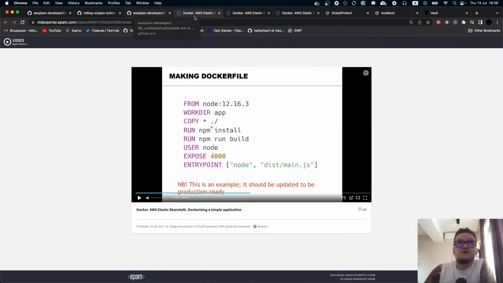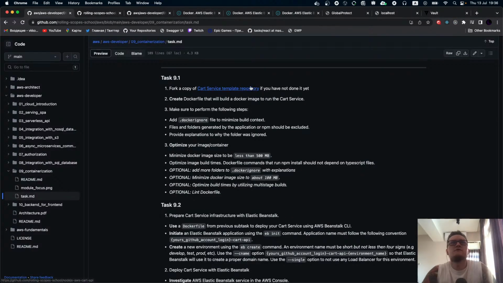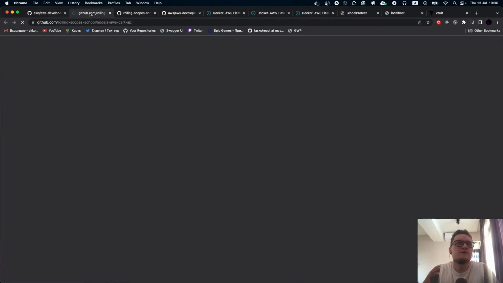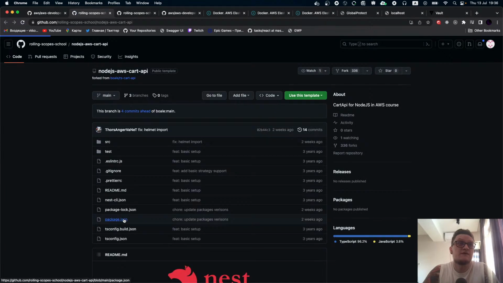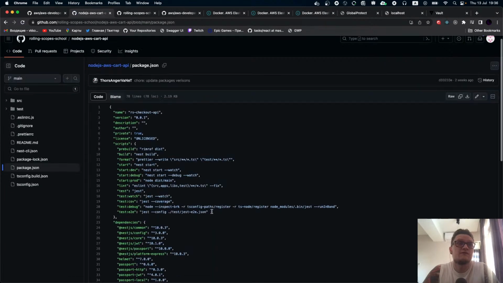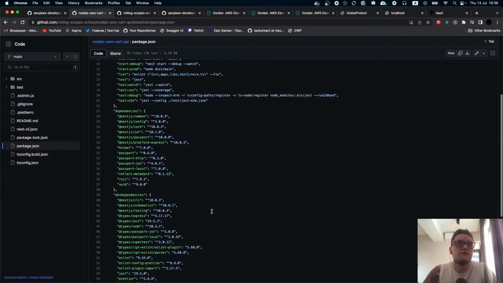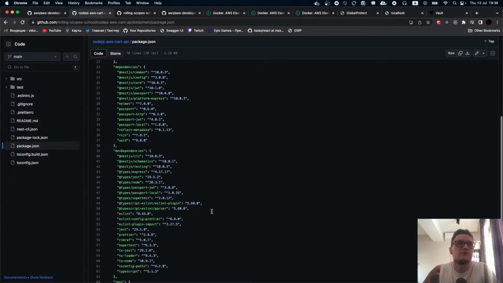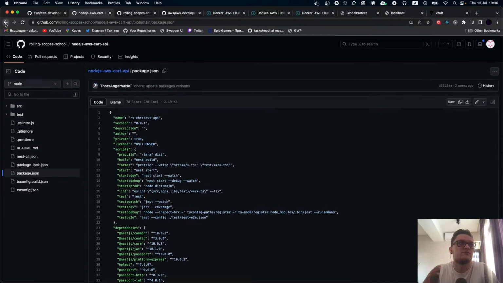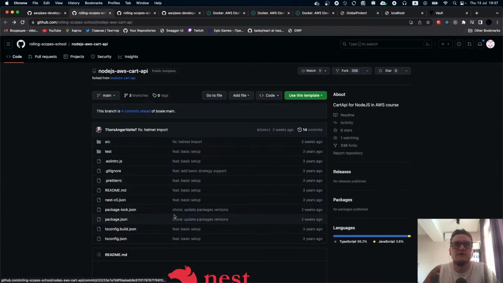So as you can see, what we are doing here, we pull Node.js version 12.16. I don't know, try 12.16. If it will not work, try more powerful Node. But I think our task repository was not updated for a pretty long time, and I believe 12 will be a pretty good version of Node, and it will work on it, because I do believe we did not update much stuff.